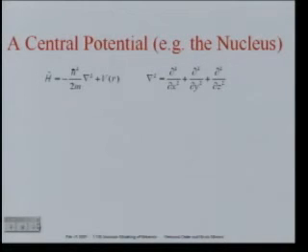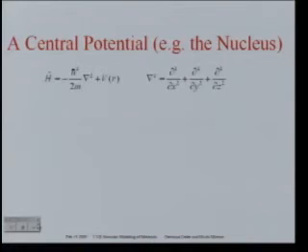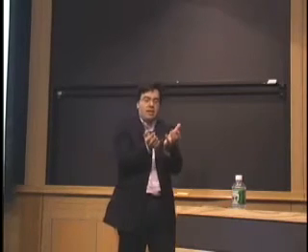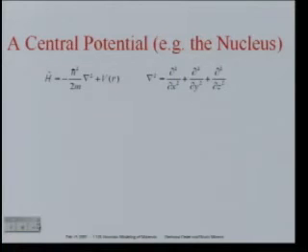And I don't really want to bore you with the algebra. Some of you might actually have seen this over and over again if you have taken a quantum class. I'll just give you one slide with the conceptual framework of what we should do if we were to solve the Schrödinger equation for a single electron in what we call a central potential. This is a general concept. A central potential is a potential that depends only on the distance from a center, but not on the angular distribution. And so a central potential would be written as V of r, where r is the modulus of our vector,